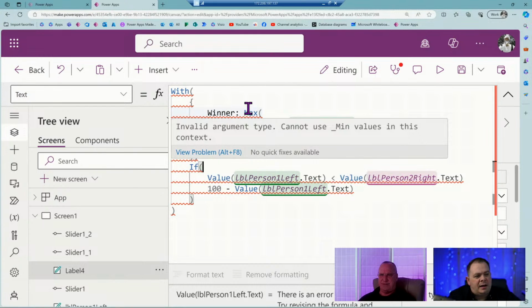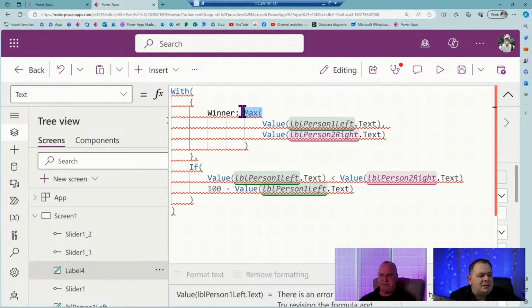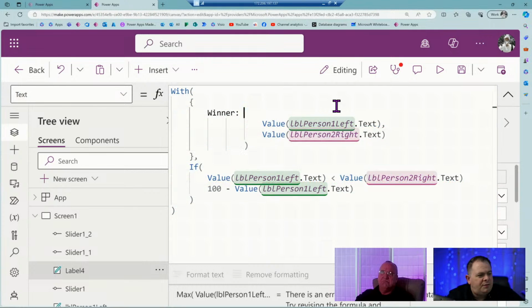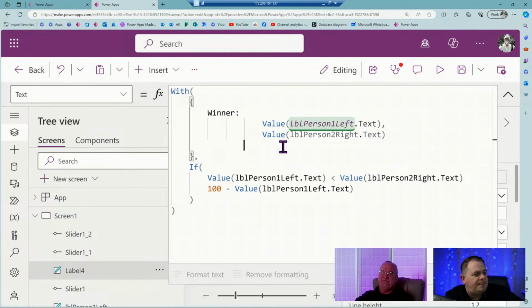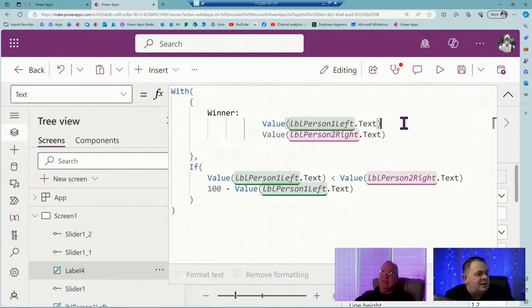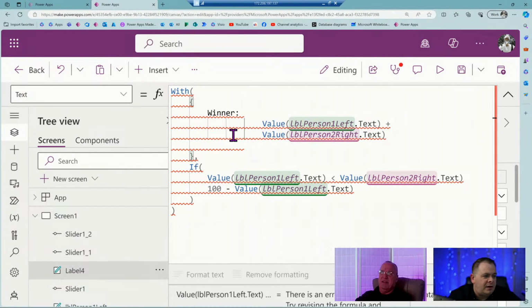Maybe we're not allowed to use max or min inside of a with block. Is that what's going on? If I take this max out just for a moment and just add these values together, so we have numeric values, it still doesn't like it. So we know that's not it.